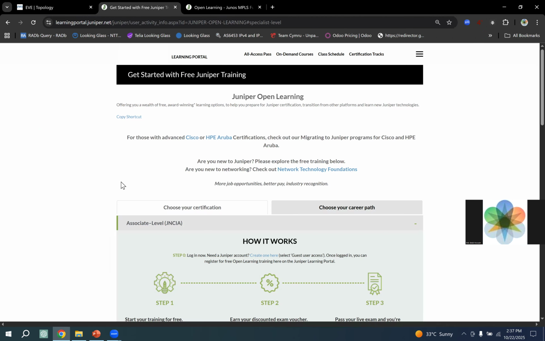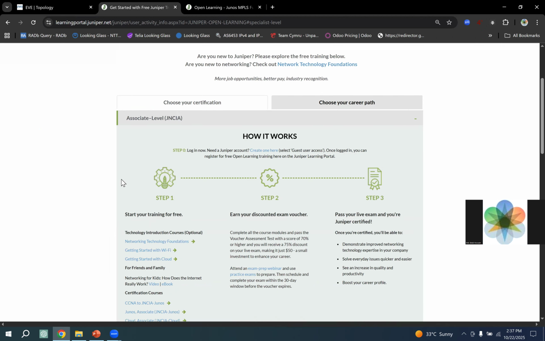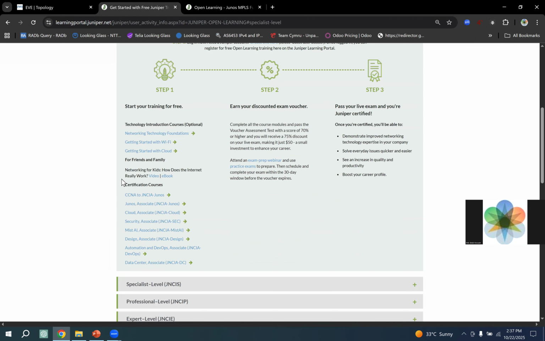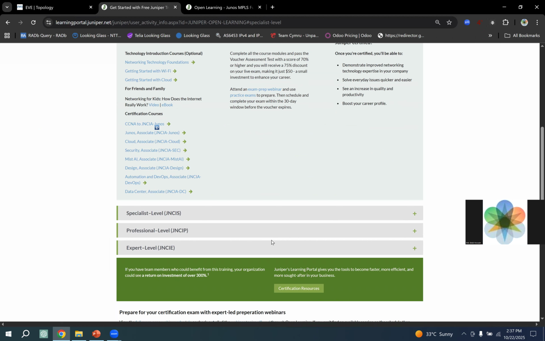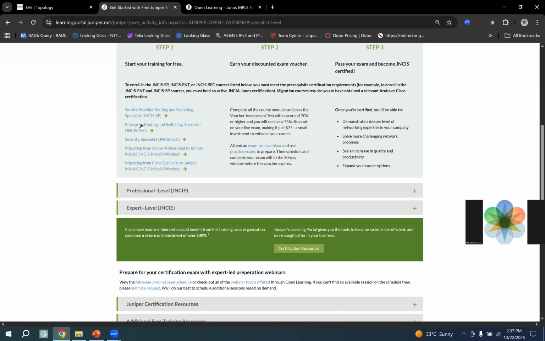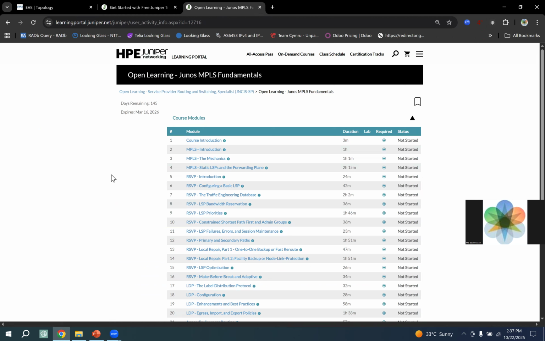We're discussing the Juniper certification. The certification track is Service Provider, and we're discussing one specialist level certification, that is Service Provider Routing and Switching Specialist, JNCIS-SP. We have already completed the section: number one is routing and switching, and the third one is MPLS. So in the MPLS module, we have discussed